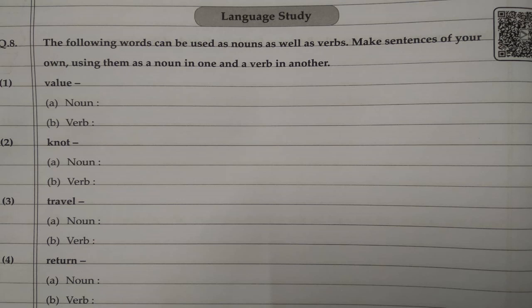Then we'll move on to the fourth one, the noun sentence: They offered up a prayer of thanks for her safe return. And the verb sentence: he refused to return our money. So the root word that is given should be in the sentence, and you are going to form the sentence in the noun form and the verb form. For that, you should know what is a noun and what is a verb. Then you can use it in the noun and the verb form.